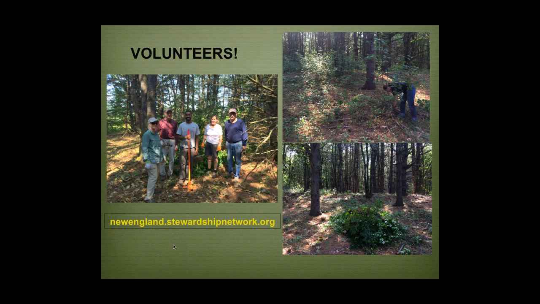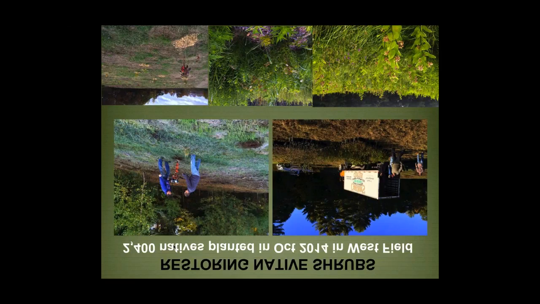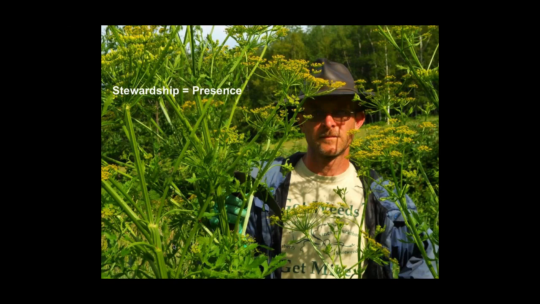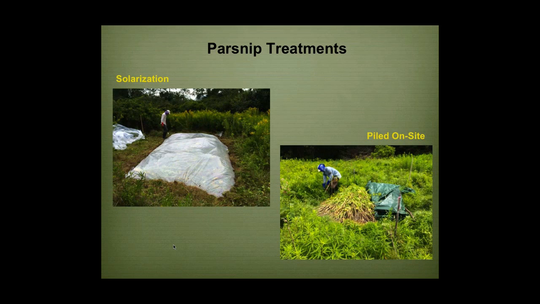Okay. Can you talk a little bit more about the solarization that you did, best practices, and any lessons that you learned in that process? Yeah, let me just bring that picture back up. So again, this was an idea that Mike brought over from some efforts he's made. Basically what we did is we looked for an area where there were a lot of first-year parsnip plants, and then he had brought a piece of plastic that was about 10 feet by 25 feet. It was a manageable size for the two of us, and we basically just dug it in around the edges, and the idea is